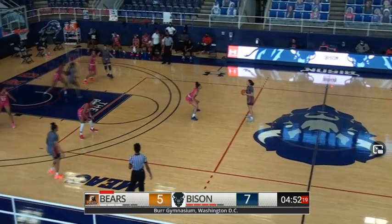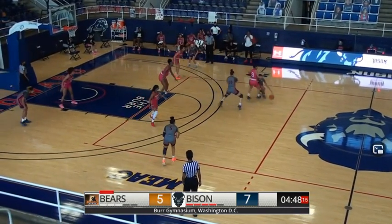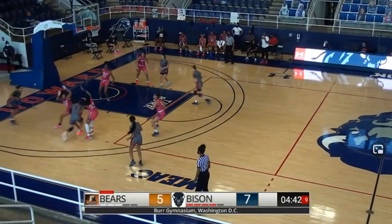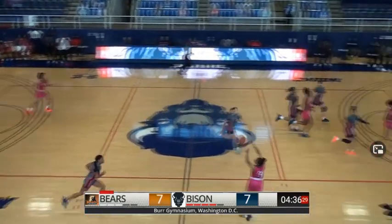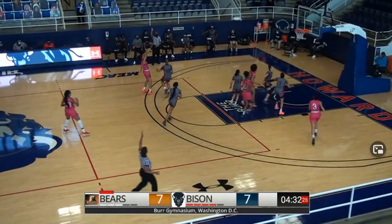Ball is inbounded. Takara Ware has the ball. Ware passes it. Oh, turnover, loose ball. Morgan State corrals it. Pass is kicked over to McCullough. McCullough shot and in. And Brisker, she had her hands all over the game yesterday. She was a pivotal reason why Morgan State was able to come back and cut it to a 1-point lead